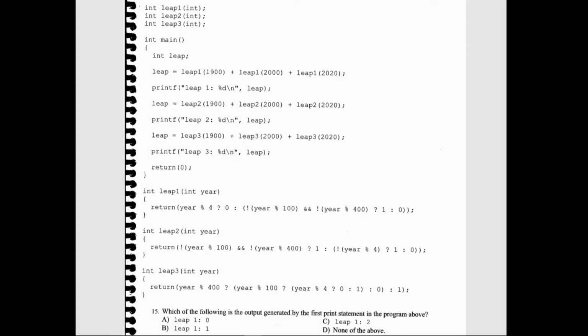For this set of code, I'm not going to set up a tracking table because we're not actually modifying any variables. We're just checking those variables against these expressions. We can see that the first print statement is printed only after the first line is executed, which is essentially plugging three numbers into the leap1 function and then outputting the results. So looking at the leap1 function,